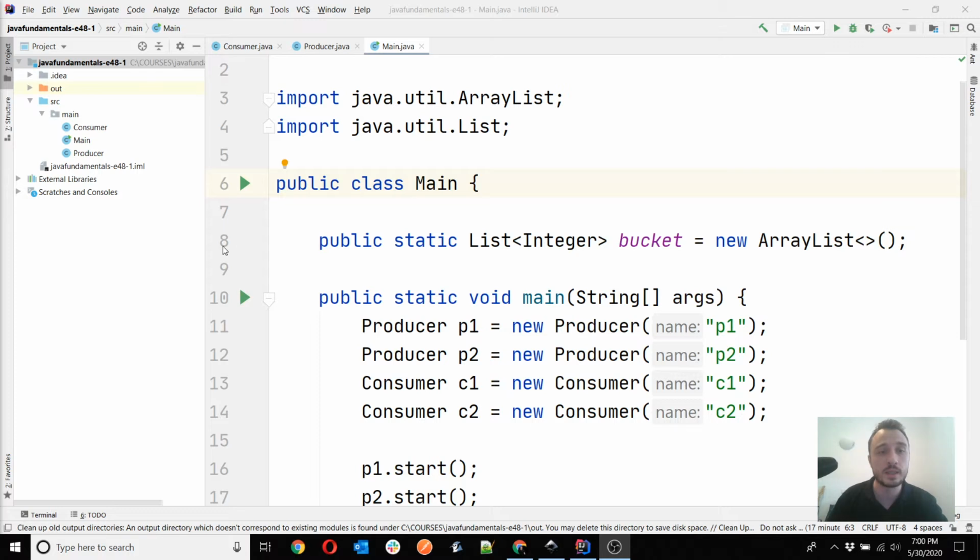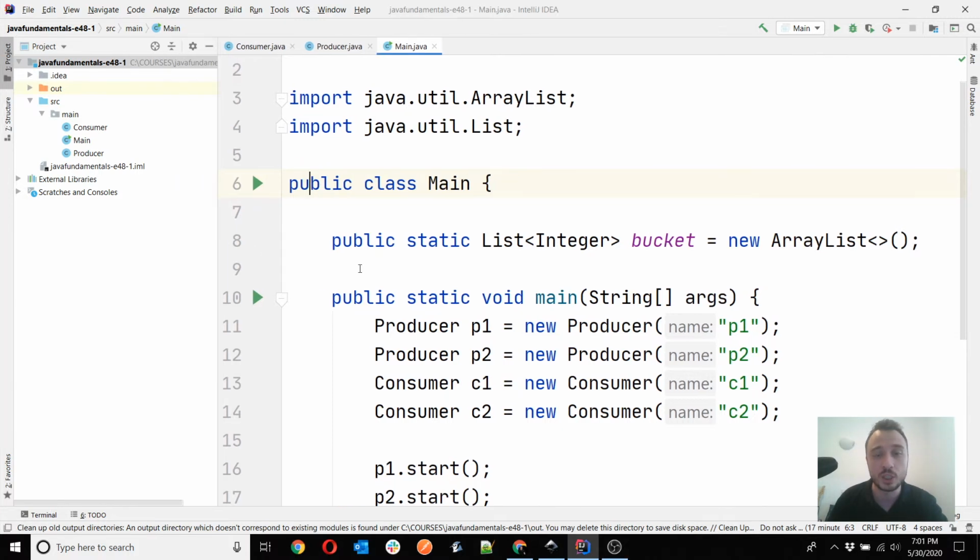So let's go directly to my computer and I will try to show you now how things work in terms of synchronization together with wait and notify. But first of all, I want to make you aware that I have copy-pasted the previous example we worked on together in the previous lesson. So in lesson 47, I have just renamed this example to example for lesson 48, and I have added a -1 as well, because I expect that I will have to create a separate project for my next example.